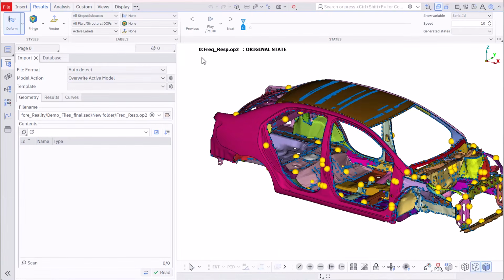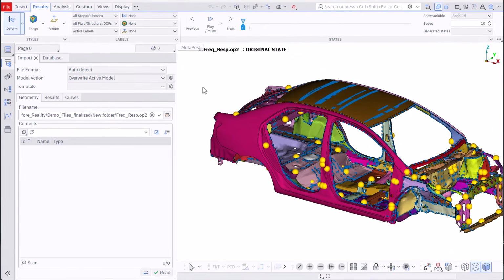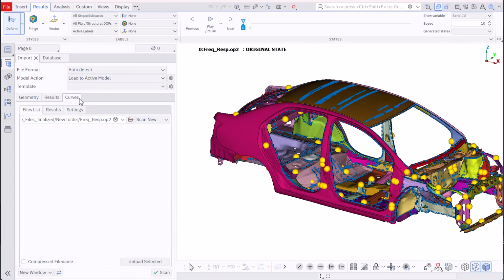Having examined the results of normal modes analysis and identified the rigid body and torsional modes, we can now proceed to the final type of analysis, the frequency response one. This post-processing step directly builds upon the modal results, since the natural frequencies and mode shapes we just inspected define how the structure will respond when subjected to dynamic loads over a range of frequencies. Let's begin by extracting some acceleration versus frequency plots. Navigate to the Curves tab and select Scan.